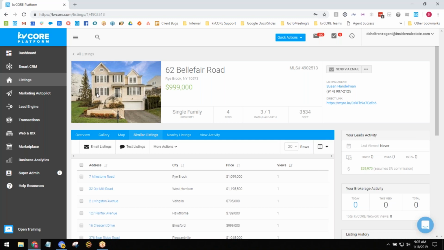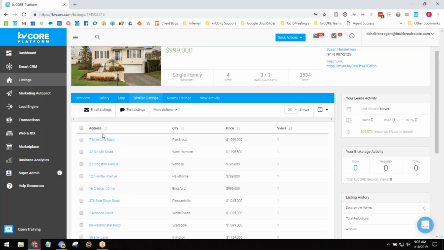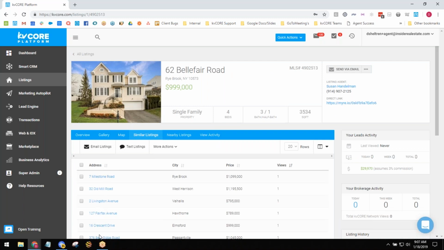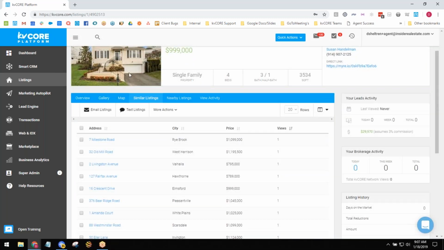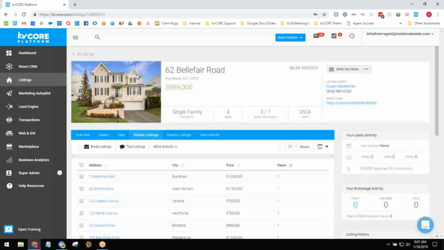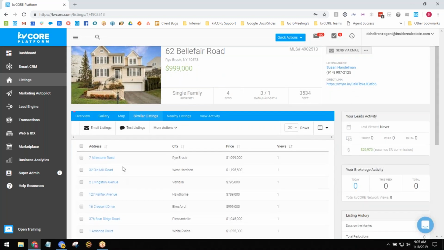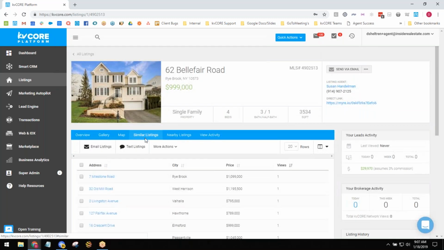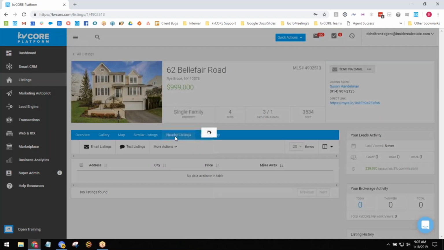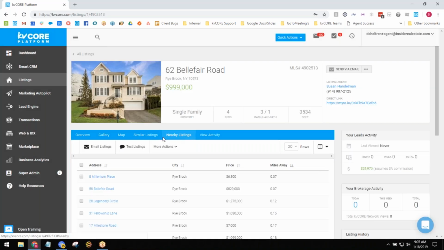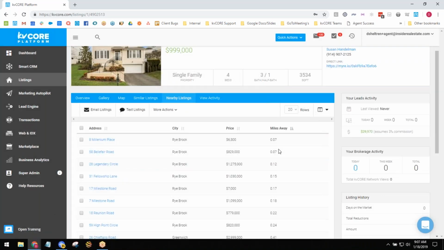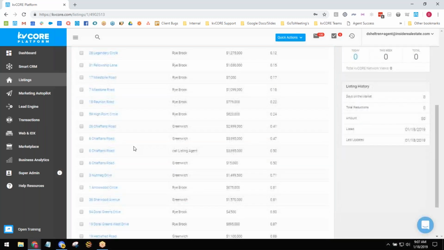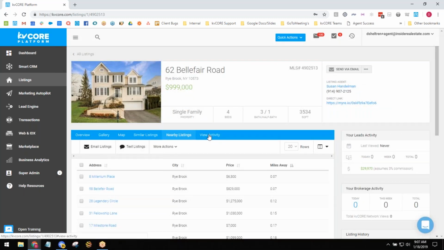And so this is what we're doing here, and these aren't going to be picture perfect. If I click down these listings, they're not all going to look identical to this, but based on the interior and exterior part of the photographs, they're going to give you other similar listings like this one here. So just take that into account as you click through these tabs. Nearby listings is going to be everything within a 2-mile radius of that one listing. So if we're wanting to get more information with that sort, we can just click through these, right? And then lastly, the view activity.